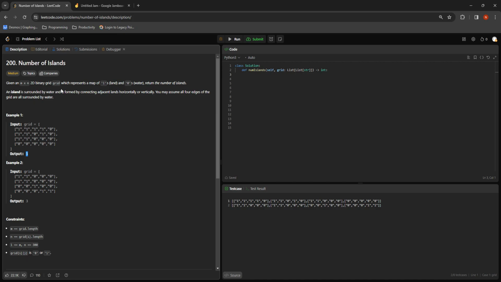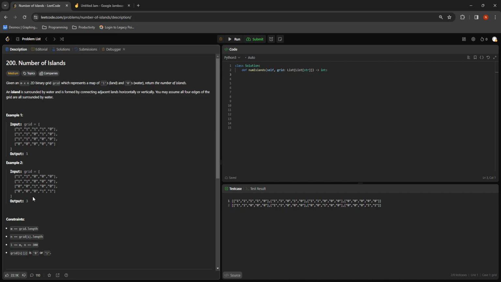And according to this definition, we can visually identify it quickly, right? So all of these ones are either connected vertically or horizontally, as we see, right? And then this one, where the expected output is 3 islands, we can also visually verify that. So for example, here we have one island, here we have 1 island, and here we have another island,